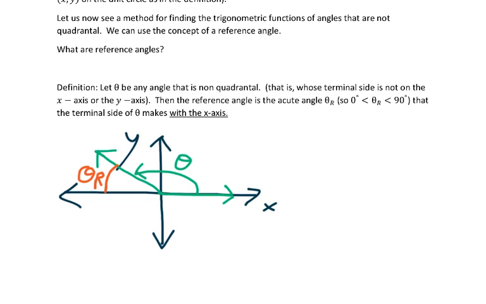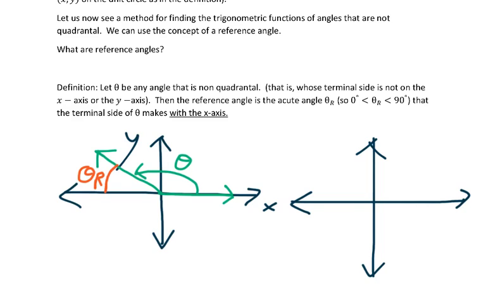That's what theta sub capital R is. It's that angle. Let me do another example. That was in quadrant 2. Let me draw it in quadrant 3. So let's suppose theta is now here, like so. Well, if that is theta, theta sub R, again, it's the angle the terminal side of theta makes with the x-axis. It's acute, so that's got to be this angle,